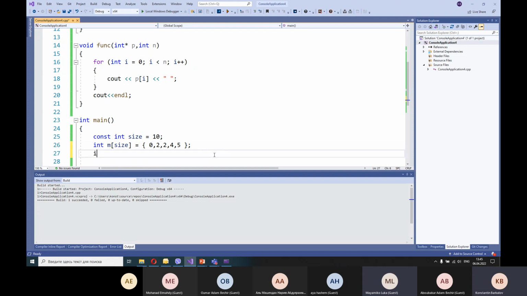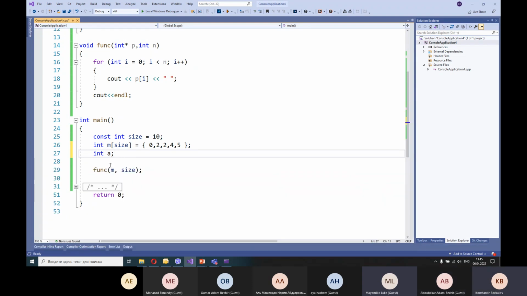It's not a variable like int a. It's not one variable. So in this case, yes, this is a difference. When you use just one variable, you must write ampersand. If you use an array,